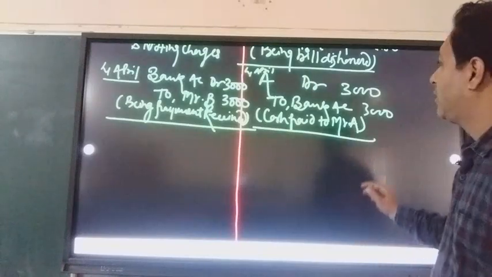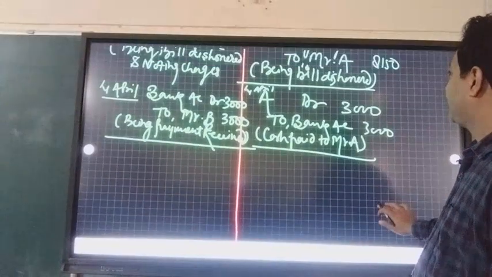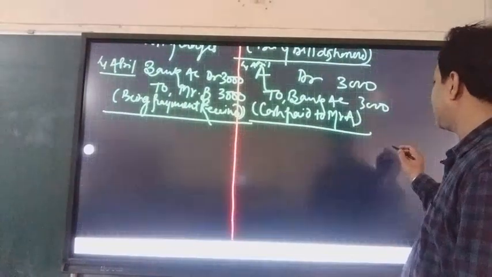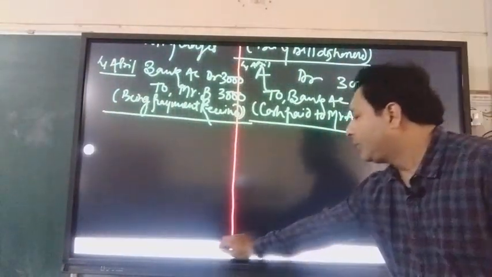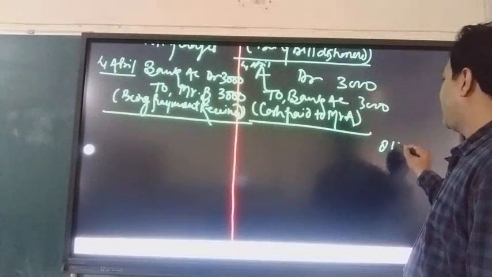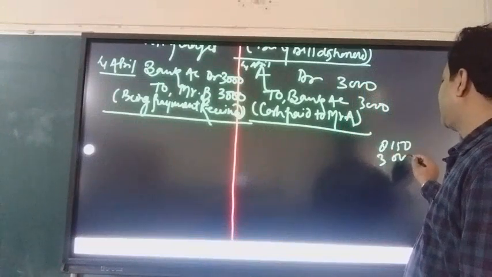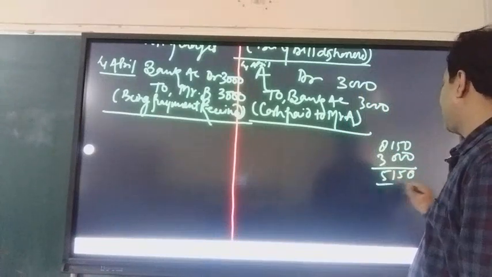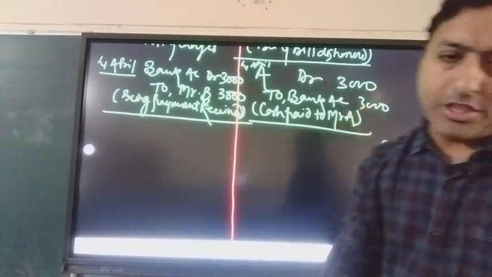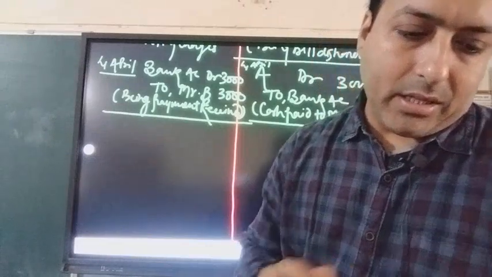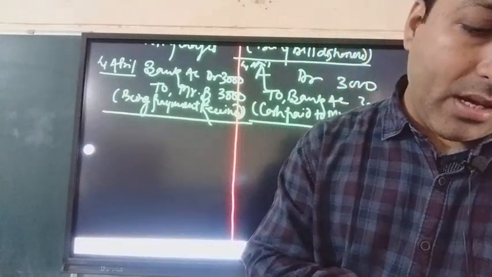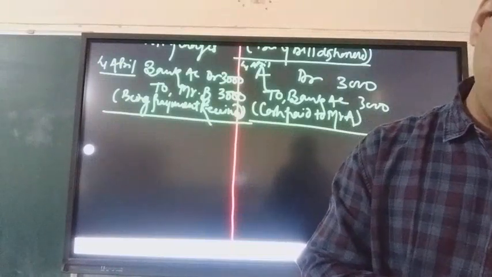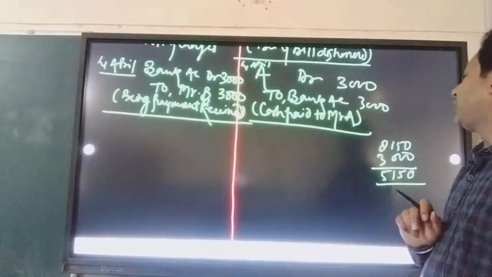See, the total bill is 8,150 rupees, with the noting charges, and he will provide you 8,150 rupees. He will pay 3,000 cash. So how much amount is left? 5,150 rupees. But what is the question? The question has given, B then pays 3,000 in cash and accept a new bill at 3 months, 5,350